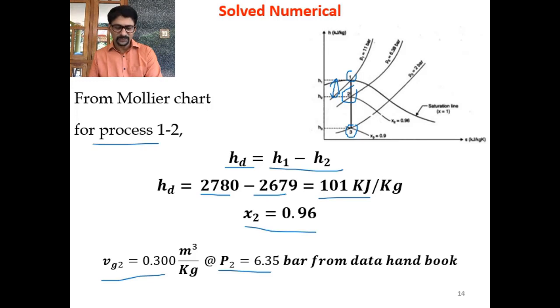So Vg at 6 bar is 0.31546 and at 7 bar is 0.27268. That means it is decreasing, so you have to go for interpolation. So what is interpolation? Vg at 6 bar plus... since it is between 6 and 7, it's 0.35, so 35%. So 0.35 into... it is minus actually, okay.